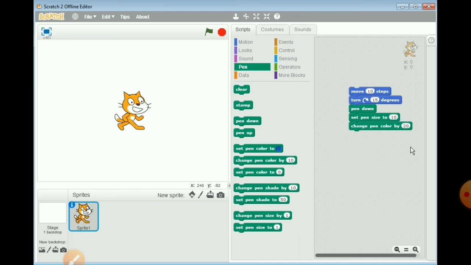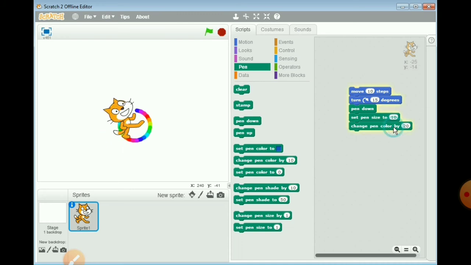Okay. Now keep clicking on any of the blocks in the script area till the sprite completes its colorful circle. So click on any block of this area because 5 blocks are now joined, so all 5 effects we can see together. Click. You can see the change on the stage. Sprite is moving, line is drawn, and this is colorful line. First is move, then it will take turn, then pen down, then our pen size is 10 and the color is 20, means colorful. 20 colors it is using.